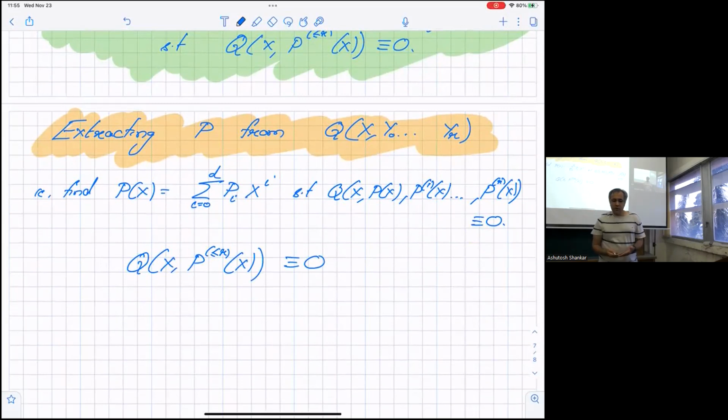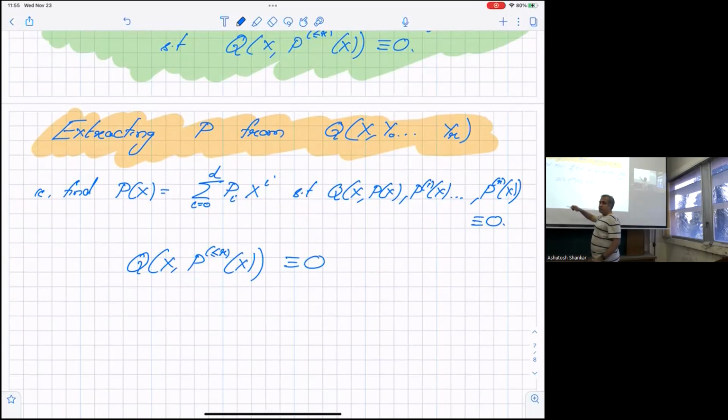Now, why is this a useful thing to do? We will try to extract the polynomials of p. Suppose I go mod some x power k, where k is some number less than d. Notice that you don't have to care about coefficients p_i for i larger than k. They will not appear, because in the mod they will appear with an x power larger than it. That's not fully true because